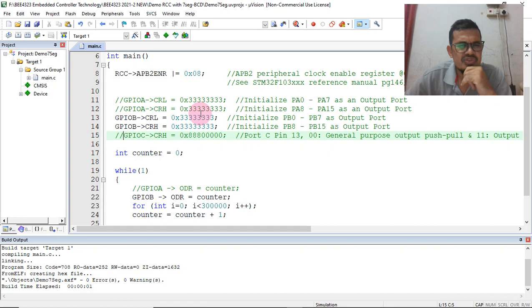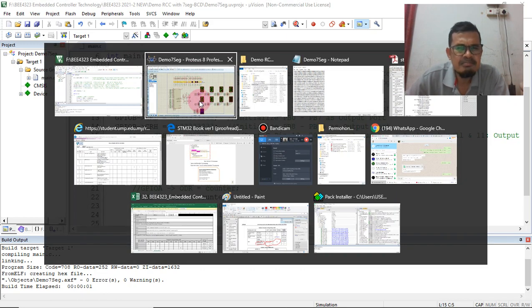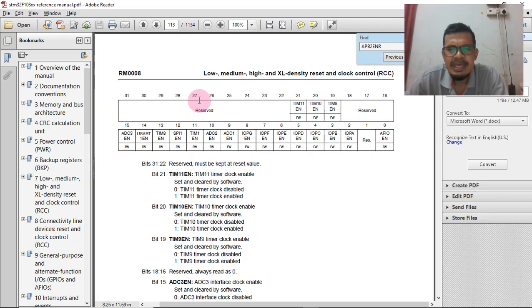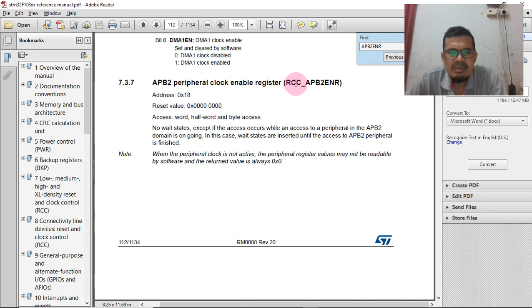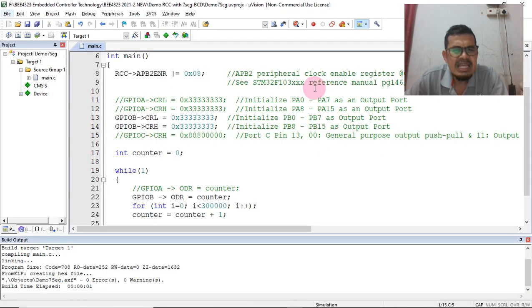You can play around with this code and try to relate it to this table. Where's the table? Here, the table for the APB2 enable register. With that I stop this video here. We will discuss more later. Thank you.